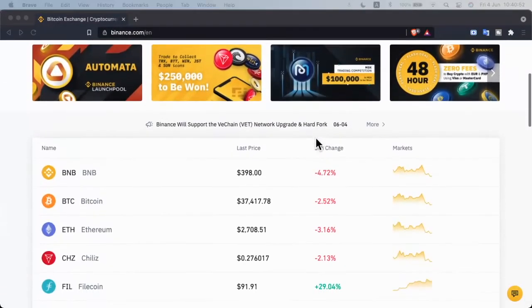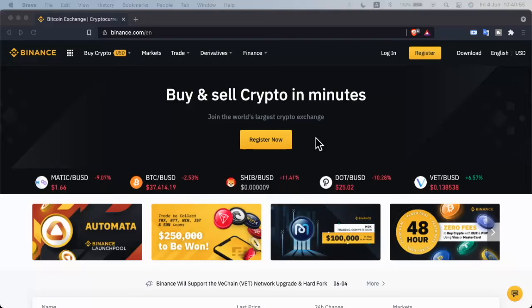This is Binance. If you don't have a Binance account, as I mentioned before, you can create a new one using the link in the description below and verify the account correctly. After verifying the account, you need to log in to Binance using a web browser.